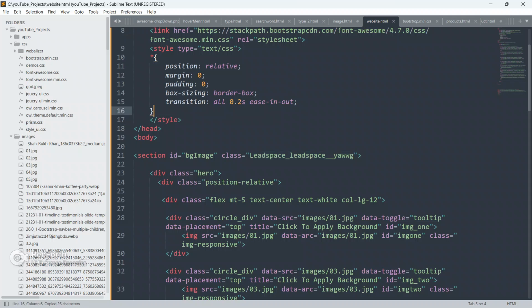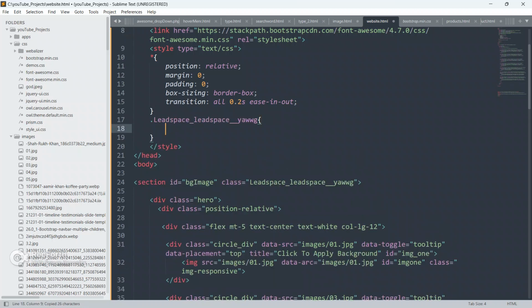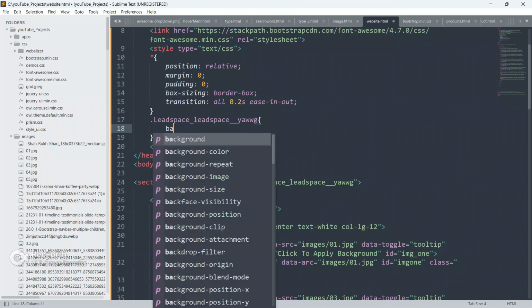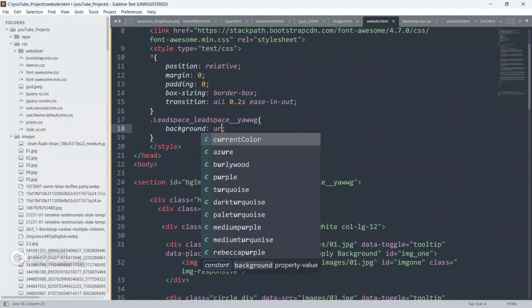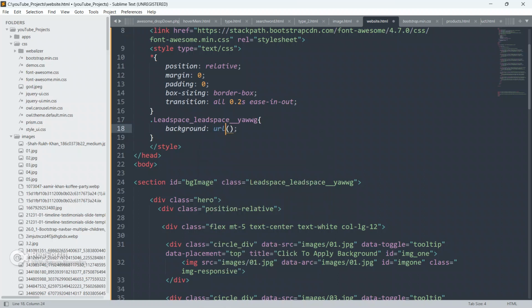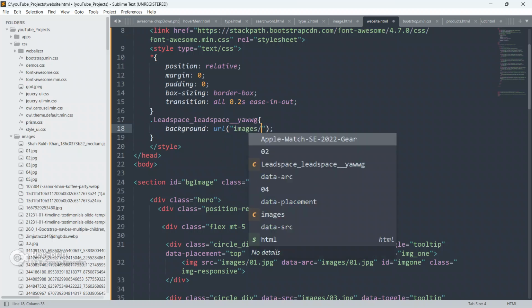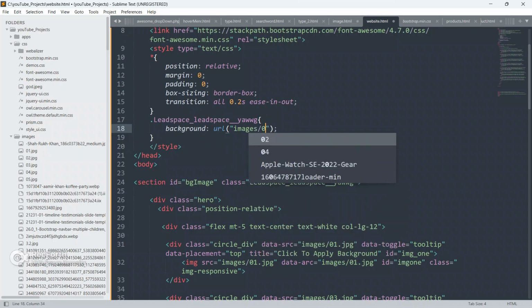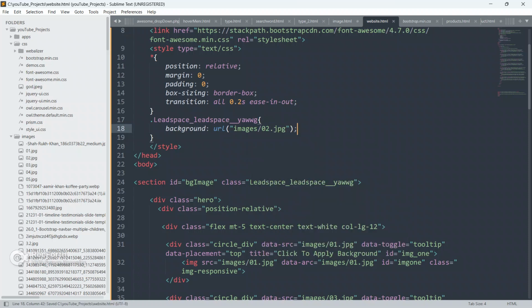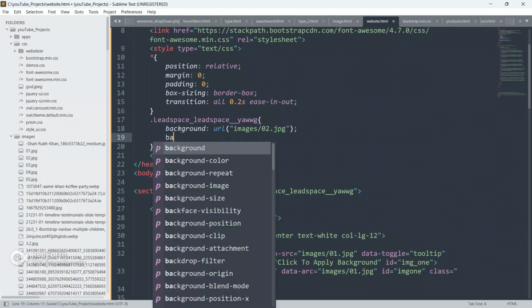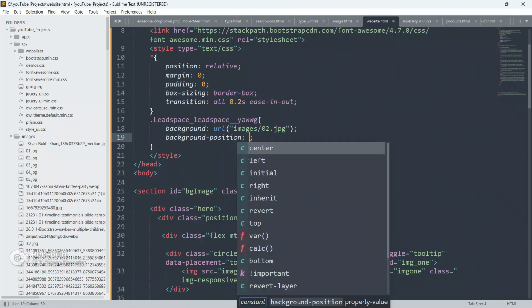Now I am going to target this lead space. Copy this, paste it here, and give background as url, images, 202.jpg.